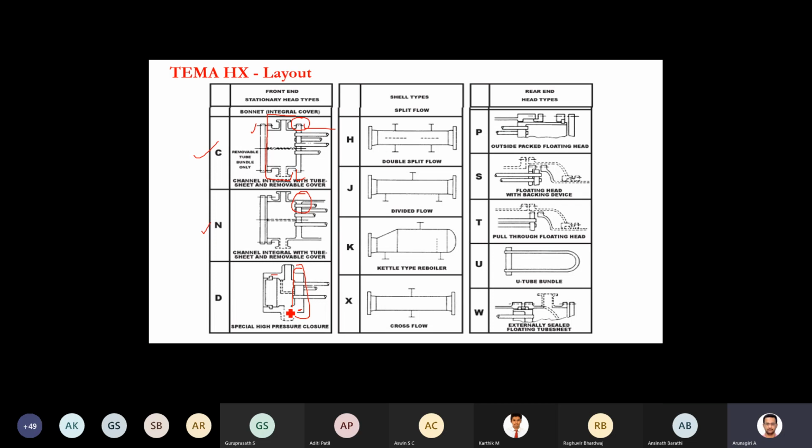The last case is the special type for high pressure vessels. Again, it is similar to these types, a modification, a combination of B, C and N. Especially an advanced version of N is used for the D type. Just by seeing the configuration, you can understand it is almost the same, especially this thickness is much higher when compared to this thickness, because it is used for high pressure conditions. So operating pressure is one of the deciding factors to calculate the thickness of the tube sheet.